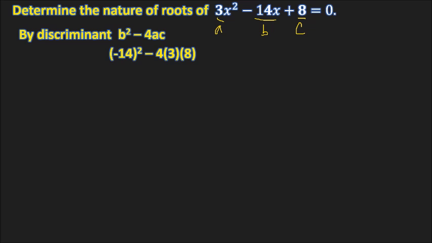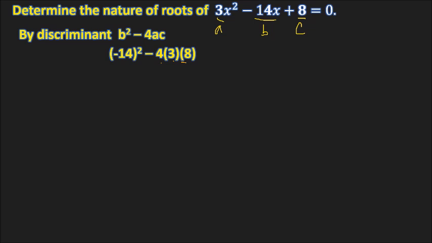Okay, let's consider another example showing another case. Determine the nature of roots of 3x squared minus 14x plus 8 equals 0. So first, we have to identify a, in this case, 3, b, which is negative 14, and c, which is 8. Next, after identifying a, b, and c, we are now ready to substitute them into our discriminant b squared minus 4ac. And so, by substitution, that's negative 14 quantity squared minus